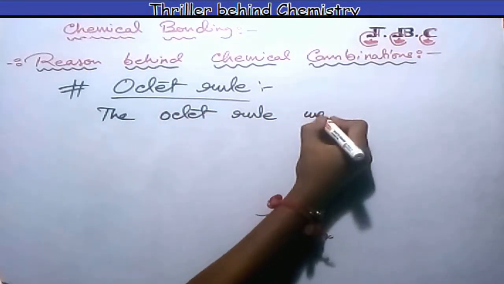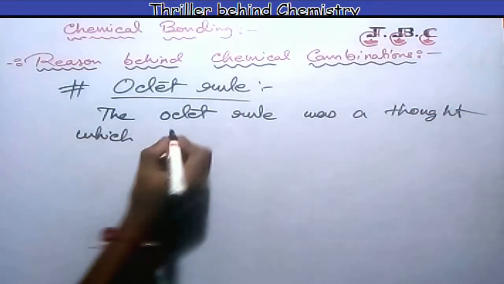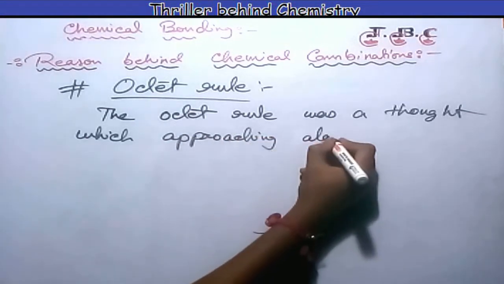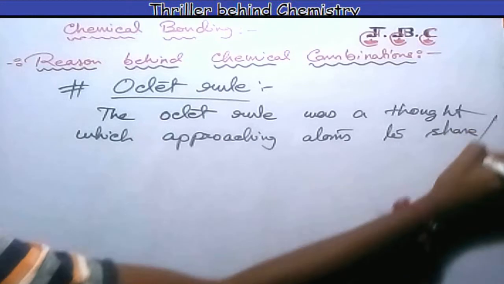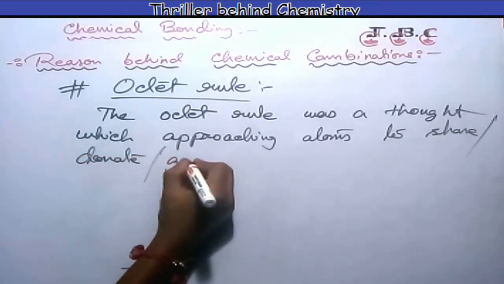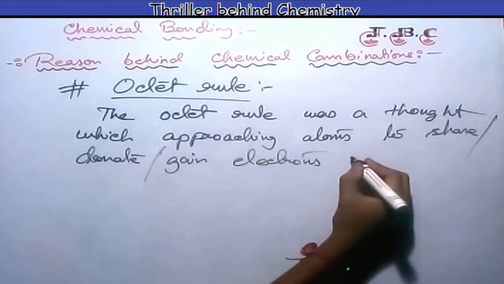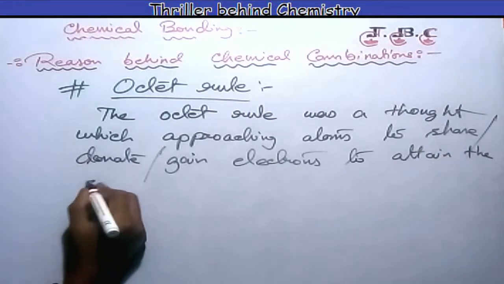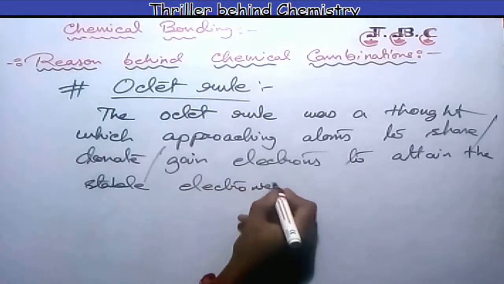The octet rule was a thought which approaches atoms to share, donate or gain electrons to attain the stable electronic